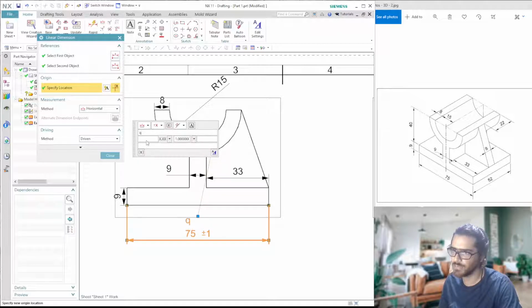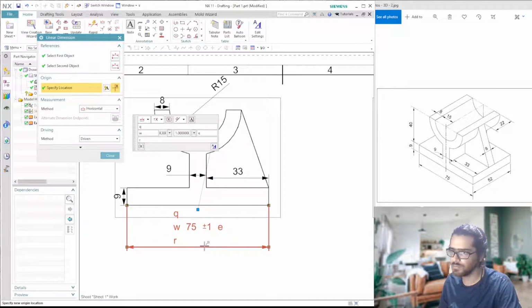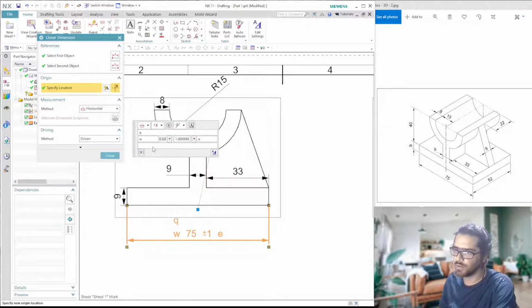You can see here. Similarly, you can place some letter, text, or number, anything you want before the dimension. And similarly, you can place something after it or under it. Let's just delete this because we don't need to put all these dimensions here.